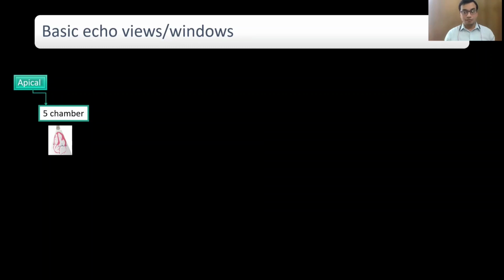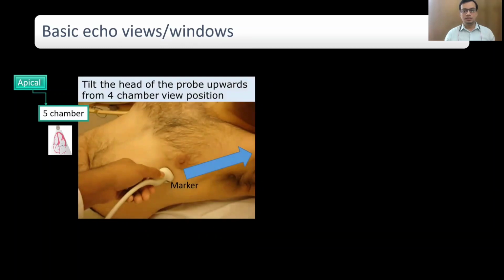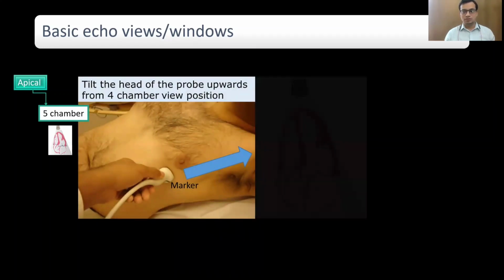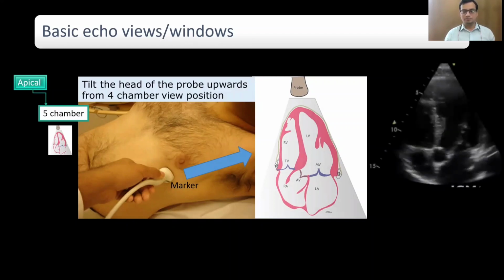To obtain a good five-chamber view, you should tilt the tip of the transducer cephalad to scan superiorly from the apical four-chamber view. This is the excellent view for the left ventricular outflow tract and aortic valve. So this is the fifth chamber, the left ventricular outflow tract and aortic valve, allowing spectral Doppler assessment through each to determine the left ventricular cardiac output and gradients across the aortic valve respectively. So this is the five-chamber view, and the fifth chamber over here is the left ventricular outflow tract, which is continuing through the aortic valve to the aorta.